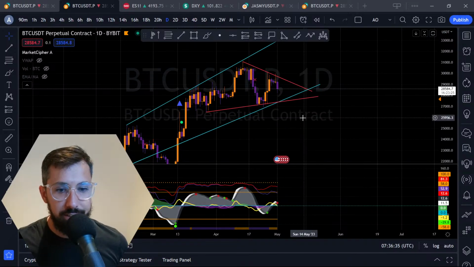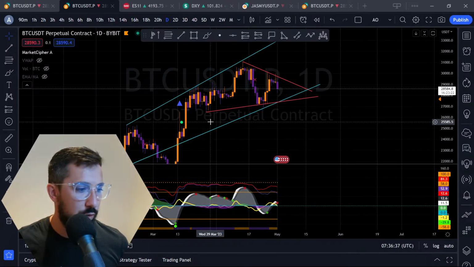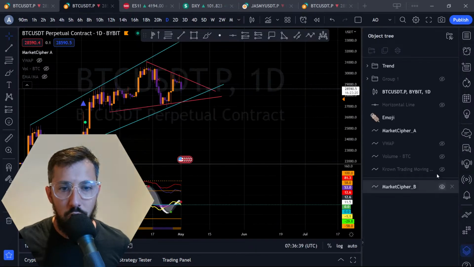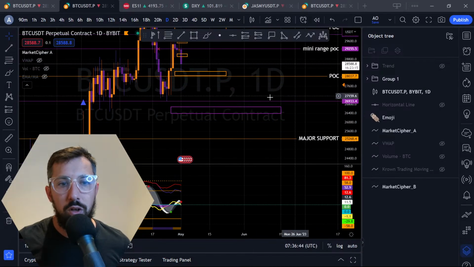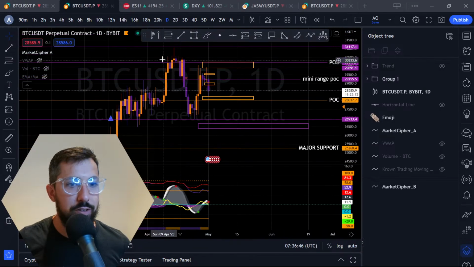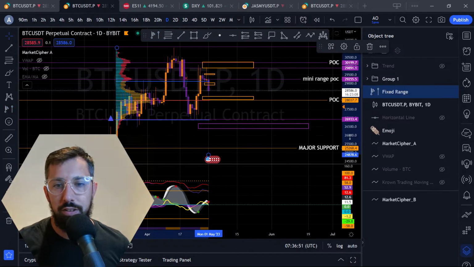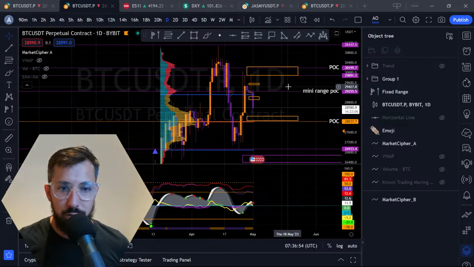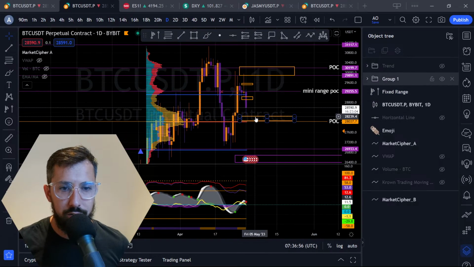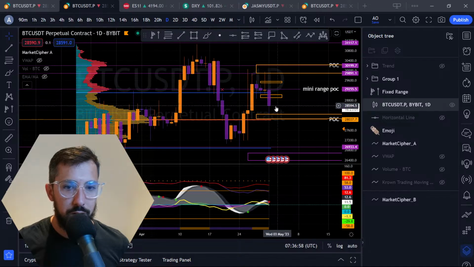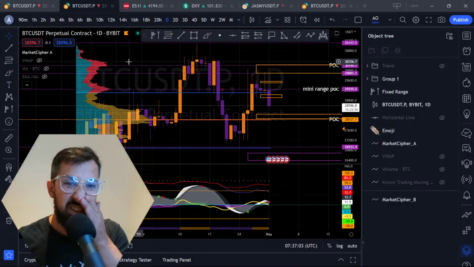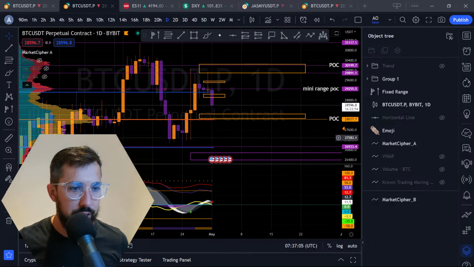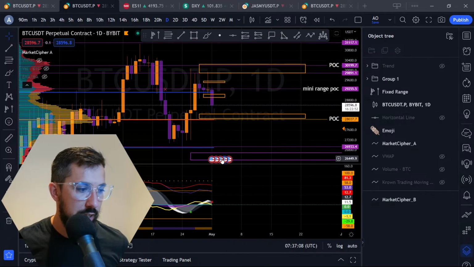So as we work down, let's get rid of these trend lines. Hope you've added these trend lines. Very simple to see, but very good to see as well. Okay, so we have to do some more TA here, and we have to adjust things. We do this always not on the fly, but we update it every single day, and we share it to the Discord so we can see the mini range. Okay, so we got a mini range POC. That might have changed. No, it's still in the middle of this range here. We have this one up top. Okay, that makes sense. This one hasn't moved as well.